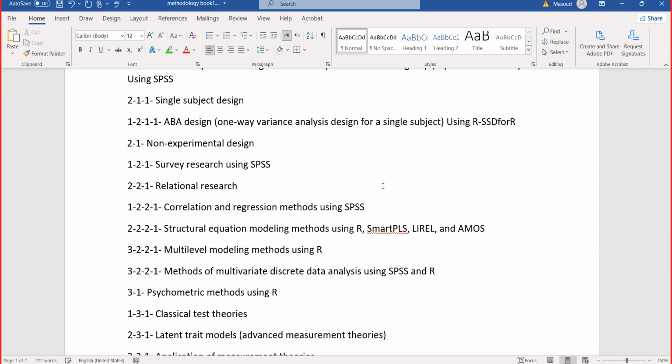Survey research, actually survey in the sense that we are going to just investigate a variable, a quantitative or a discrete variable, and find out what would be the true parameter of the quantitative or discrete variable for the population.